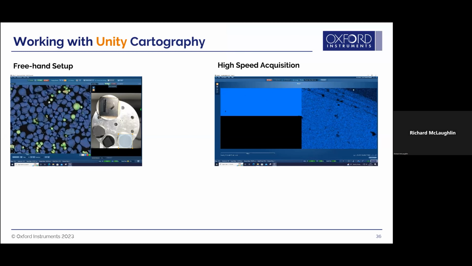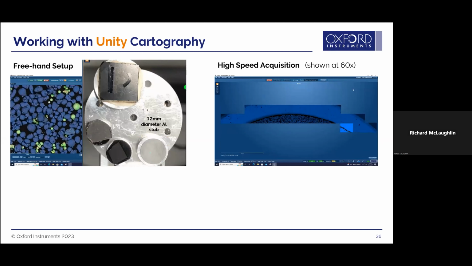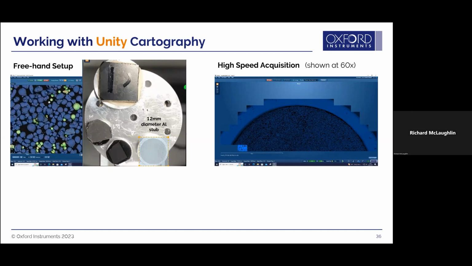Now, because it's so fast, we've improved our large area mapping routines. So now it's quite simple. You can just highlight a particular registered image. Here we can see that we're just drawing a square, which creates a field of view. And then once that's done, you automatically start mapping your